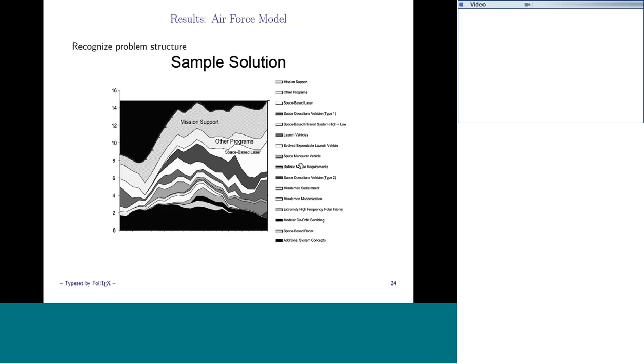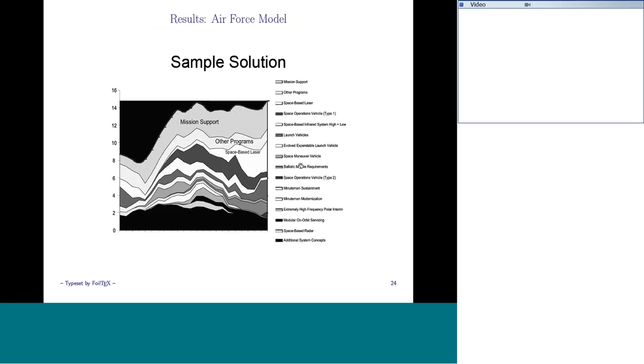So I want to go ahead and just talk a little bit about the solutions here, and then after that we'll talk a little bit about the newer work. So this, for example, would be a sample solution for a capital budgeting model. They like these kind of stat graphs that you also see in energy, like in distributed generation or unit commitment. And so here, it was just kind of what types of things were they buying and what were they costing.